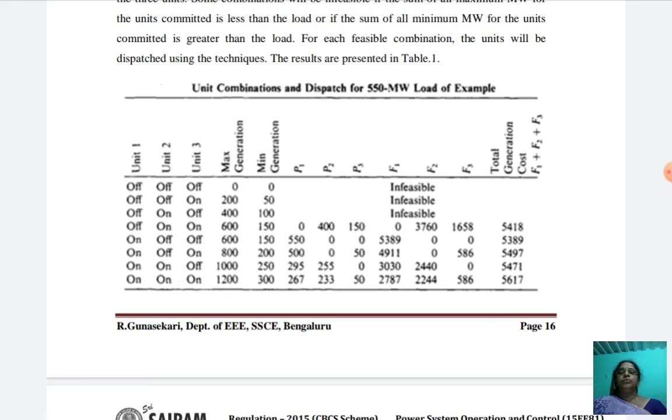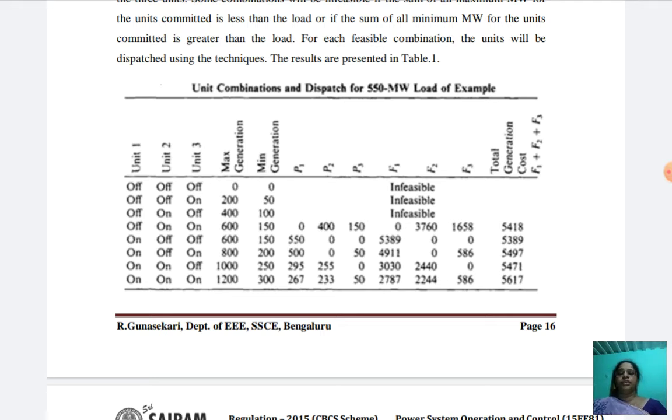From this table, you clearly understand that it is similar to digital only. Here we have taken 3 units. The formula is 2 power n. Here n is equal to 3. So 2 power 3 means 8 combinations, that is 0 0 0, 0 0 1 like that. So 0 0 0 means off, off, off. 0 0 1 means off, off, on. Like that, we already know each unit's minimum load and maximum load, that is known as generation.